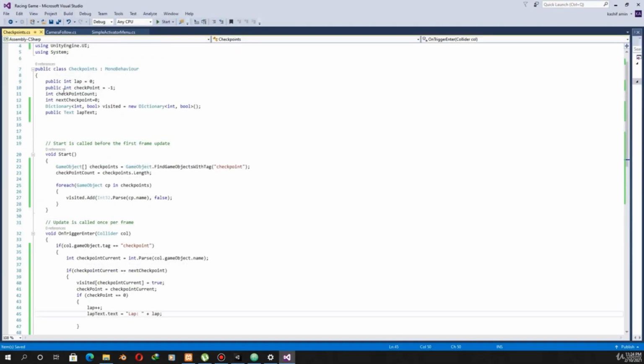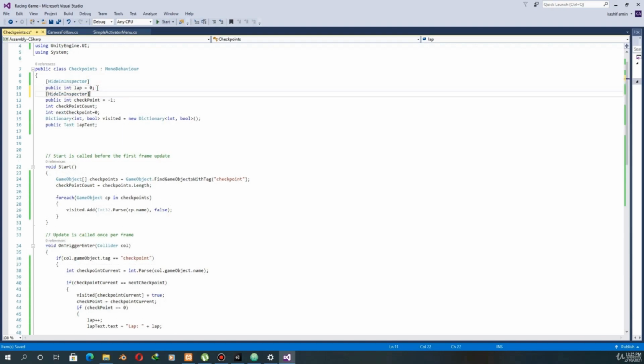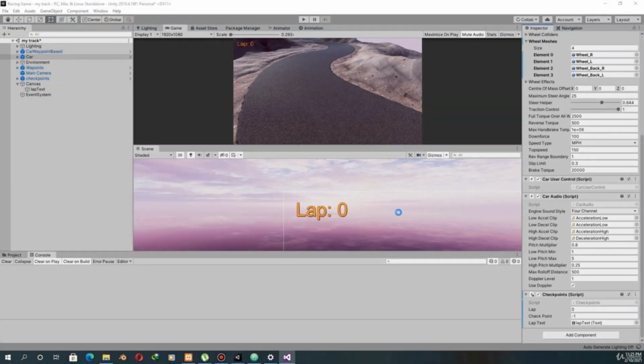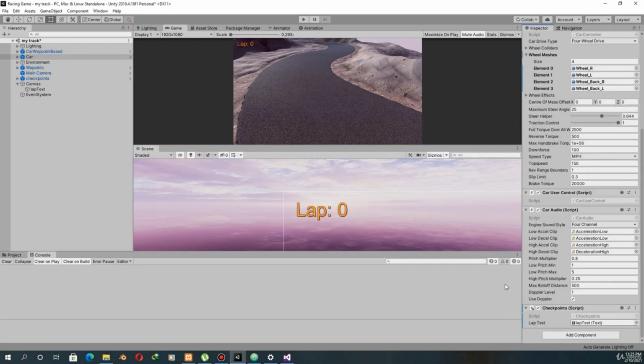These are made public because we will use them later in other scripts. So we don't want them inside the inspector. I will write here at the top, HideInInspector. And similarly, I will do it for the checkpoint. Now if you save your script and go to Unity, now they are not showing in the inspector. Only your lab text is showing.